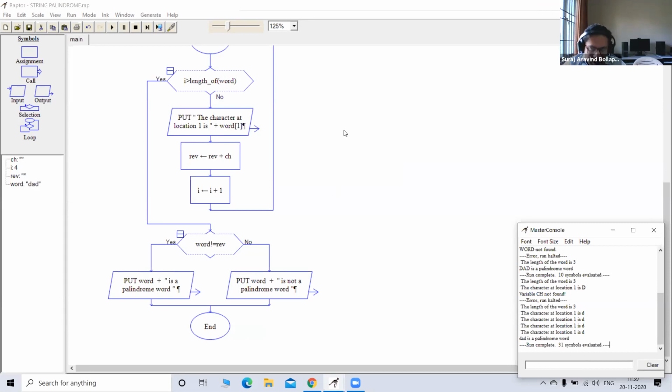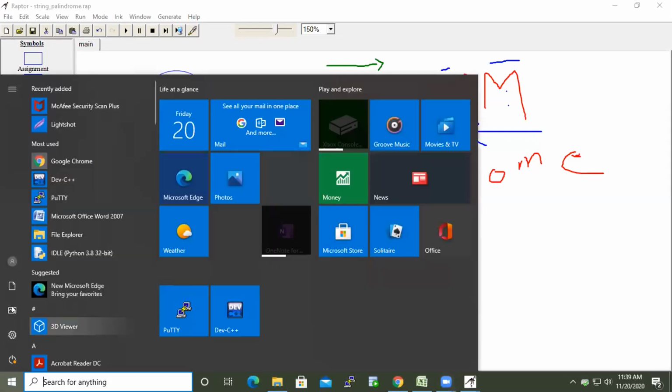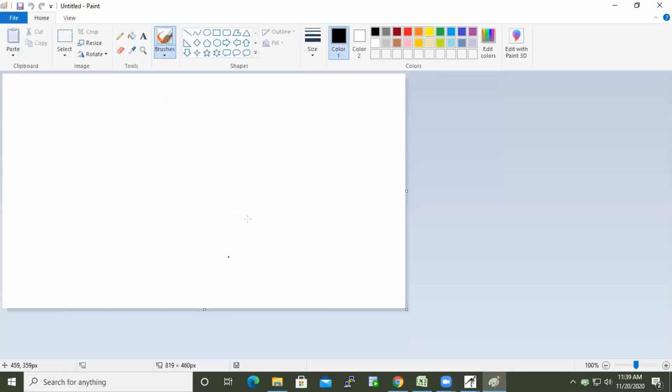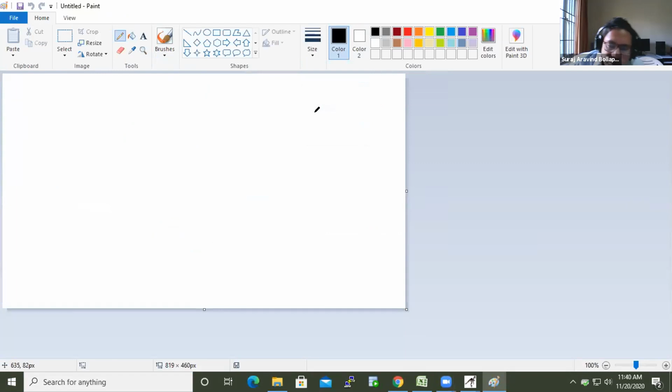Anyone else has done this flow chart? Just a couple of minutes.